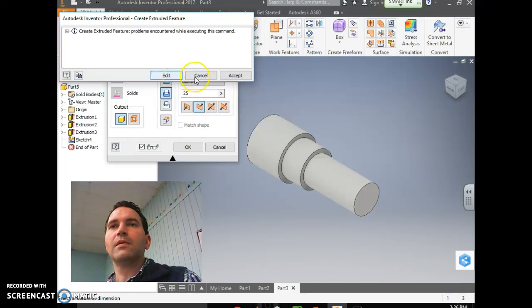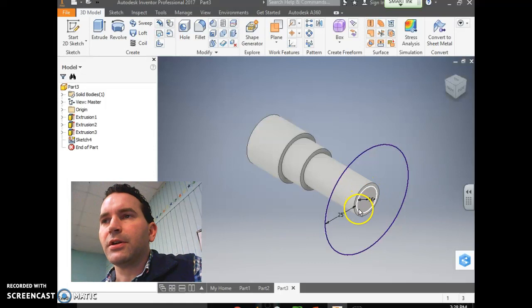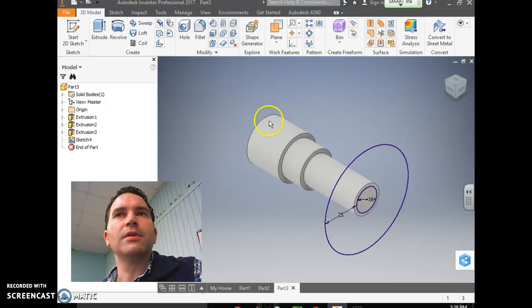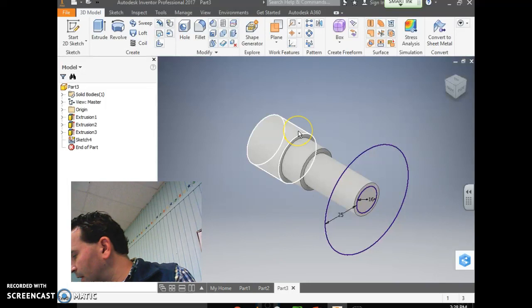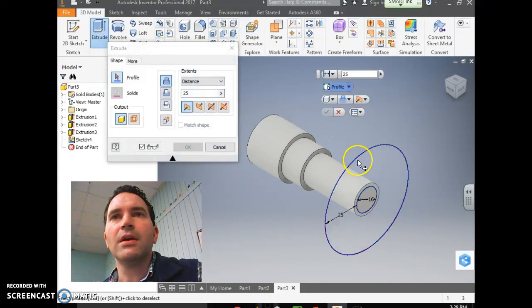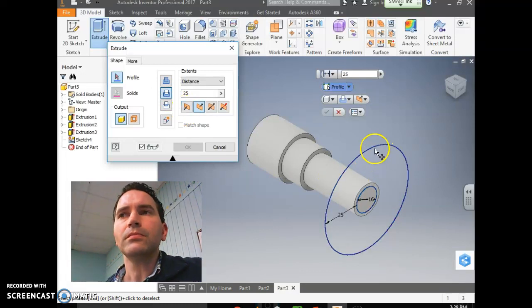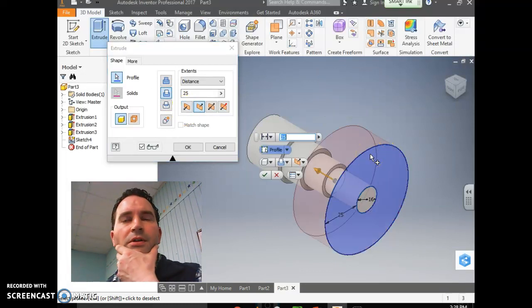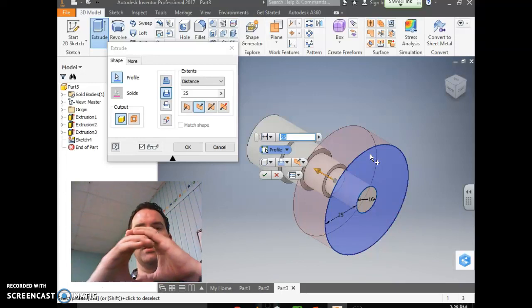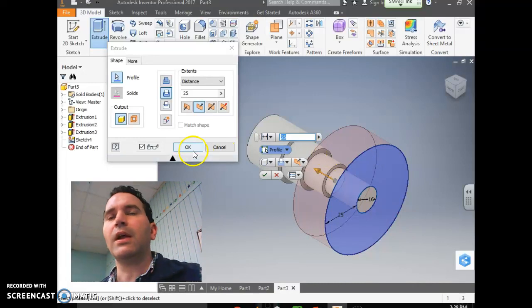Alright. I had an error there. Let me see if I can fix it. Okay, now make sure both of your circles here are blue or purple there. So I'm going back and looking at what the issue was. So I'm going to extrude again. I click finish sketch. I'm at this circle here. I'm going to extrude this circle. Make sure you click cut right there like I didn't do earlier. Click there on the circle that you just offset. So we had a 16 millimeter circle. Now we are offsetting at 25 millimeters in every direction. And so now you're going